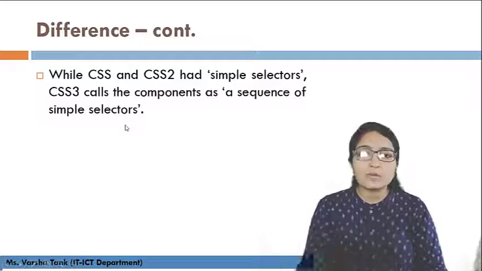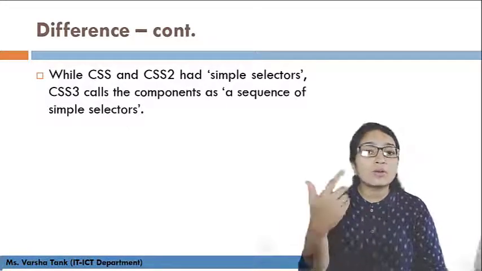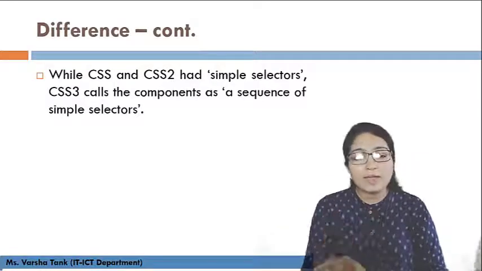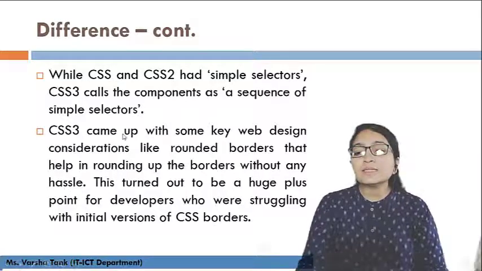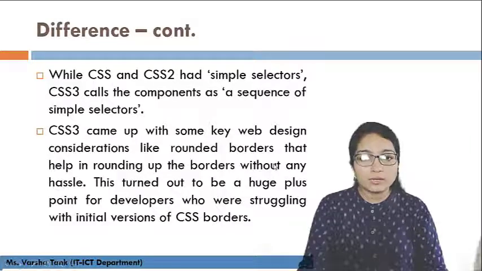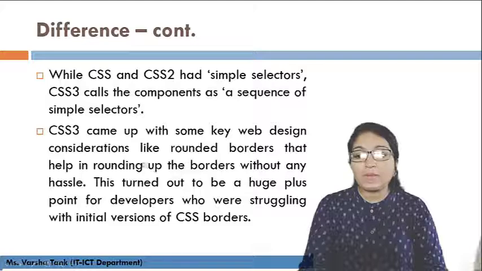We have different types of selectors available in CSS3: nth-child, first-child, last-child, and different pseudo classes. So there are a number of selectors available in CSS3. CSS3 came up with some key web design considerations like rounded borders, which we have already learned in border style and for images, that help in rounding borders without any hassle.